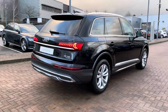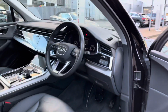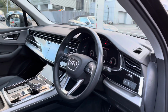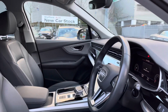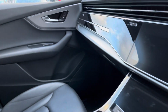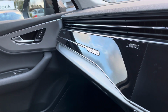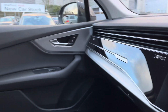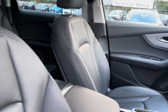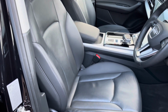Now walking down to the side of this vehicle and having a look inside, you'll be able to see the high level of quality on offer in this vehicle. So we do have this stunning black gloss trim, which is very nice and adds to the luxurious feel of this vehicle. And we do also have a silver trim to accent that, which really stands out against this lovely black interior. We do also have the Valcona black leather in this vehicle, which is very soft and very comfortable,